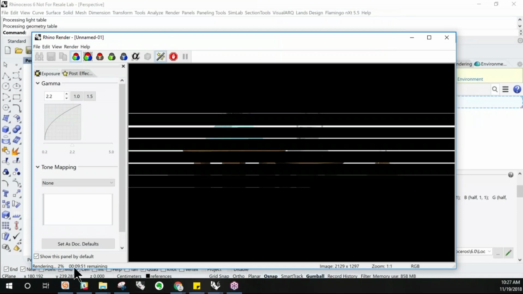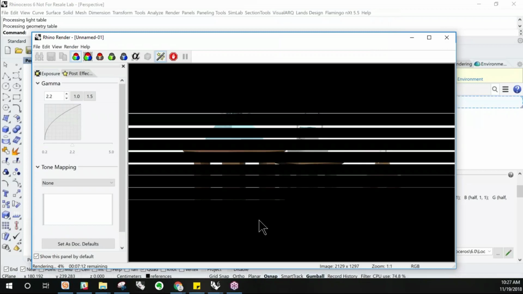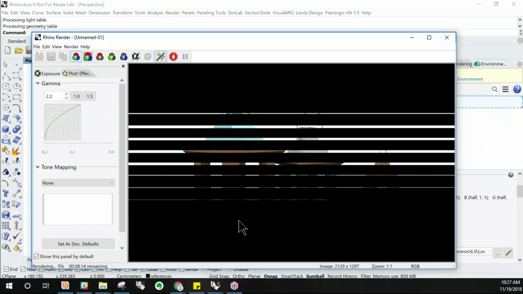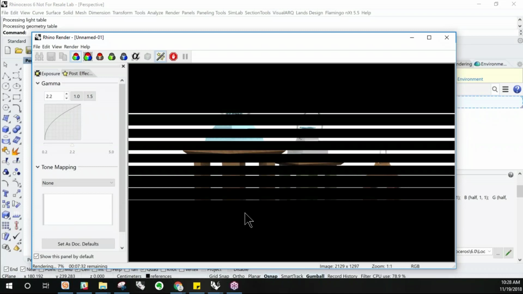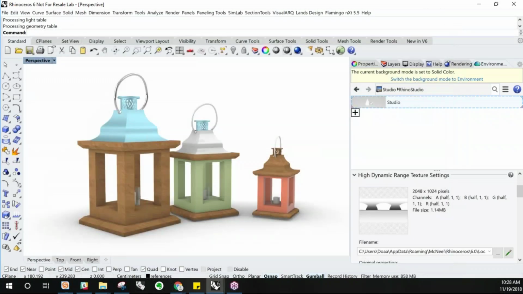It's going to take around 7 to 8 minutes remaining to finish the rendering. That's because skylight is on. If we turn off skylight, the rendering will become faster, but not necessarily a better image. So I'm going to close this for now,